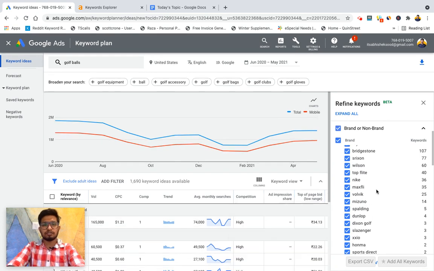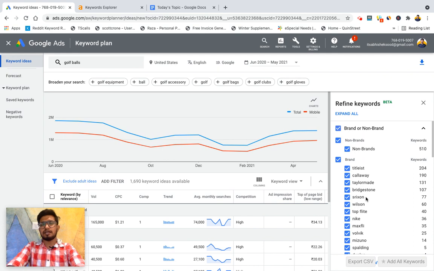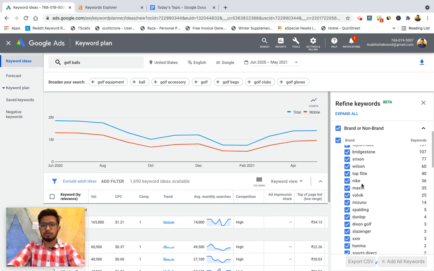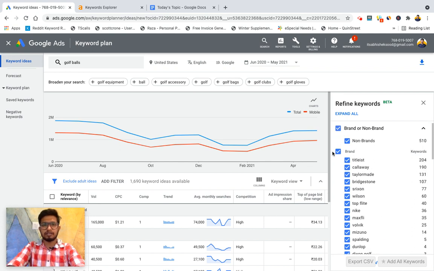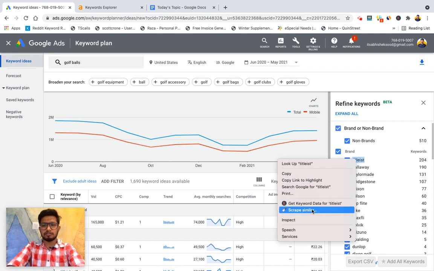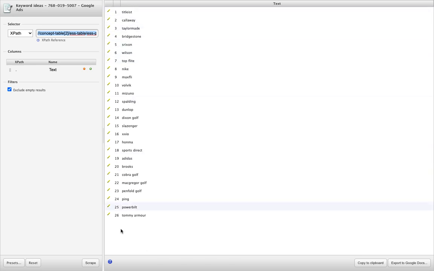Now how to find those keywords on scale? As discussed in the last video of this series, we discussed how to get this similar data with a scraper extension called Scraper by dvstn. It gives us this new menu in right click, which on click gives all the similar data from the page like this. We got all the 26 brands from that seed term we gave to the Google Keyword Planner. Now we have to copy this and close it.